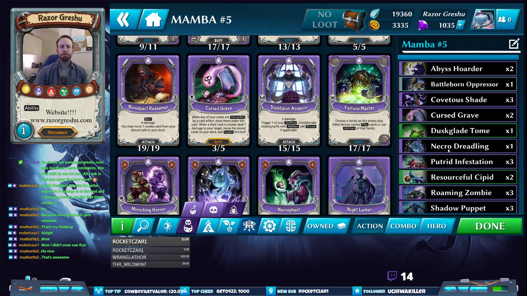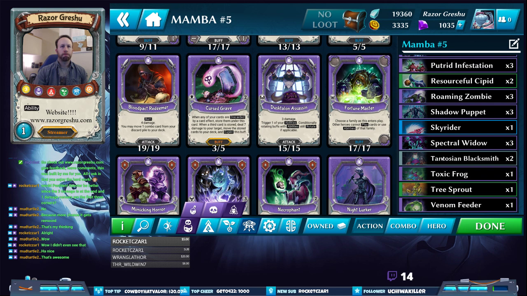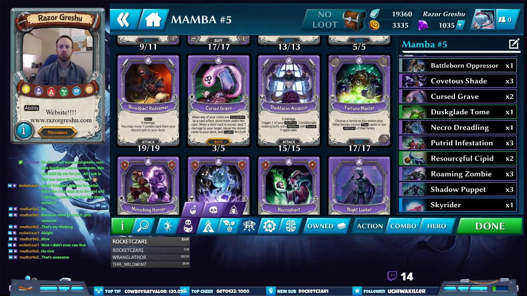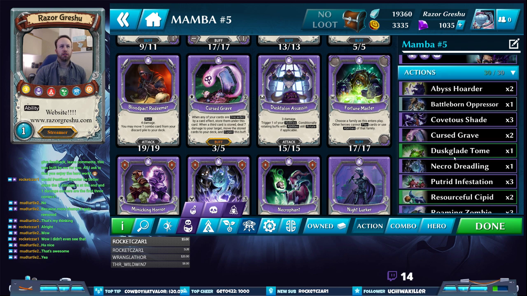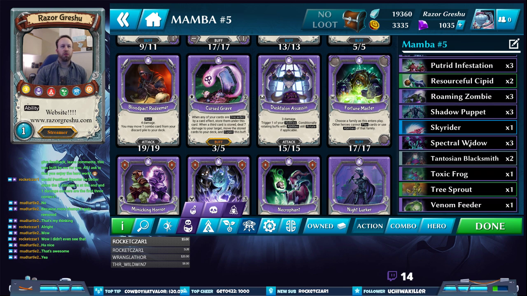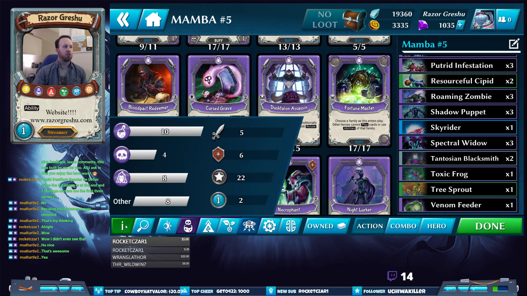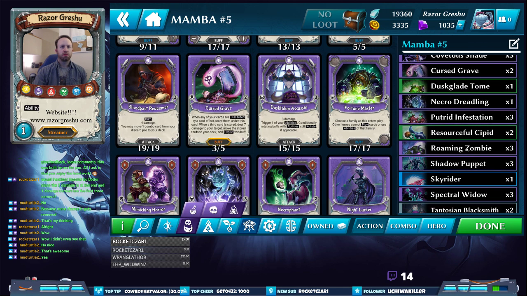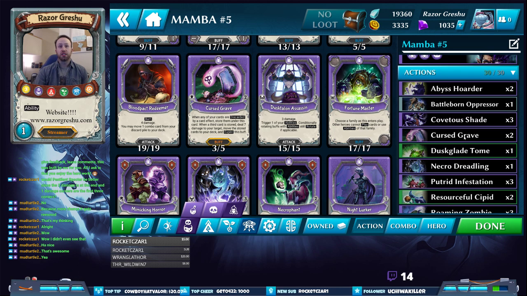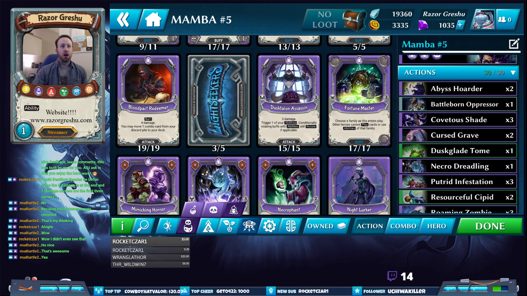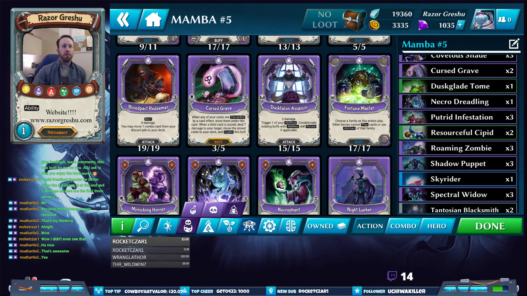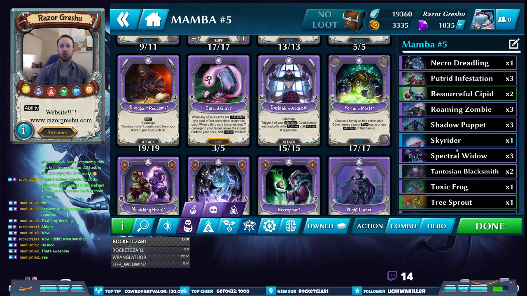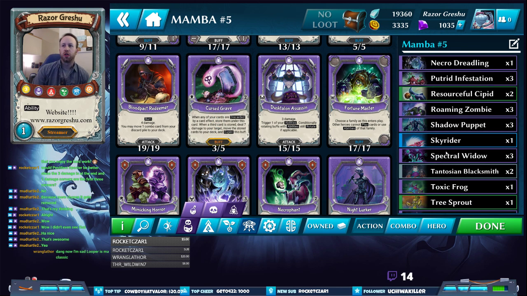Yeah, Putrid Shaman, it wasn't doing anything for us at all. We're still down to 10. But yeah, I mean, this deck essentially is a Cursed Grave deck. It just doesn't solely run on Mamba anymore. It runs on Skyrider as well, which is, in my opinion, a lot more efficient. Because if you have that out,